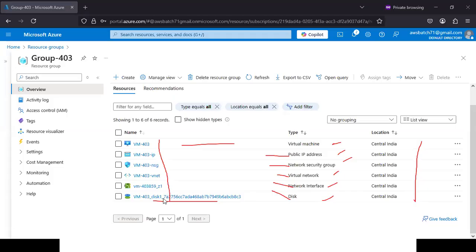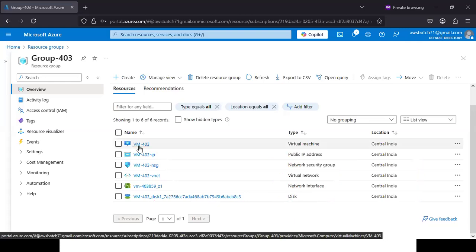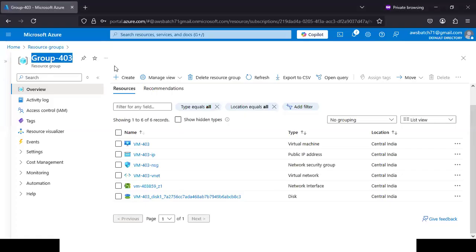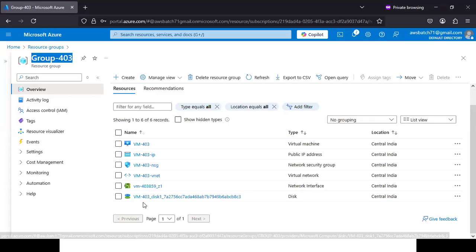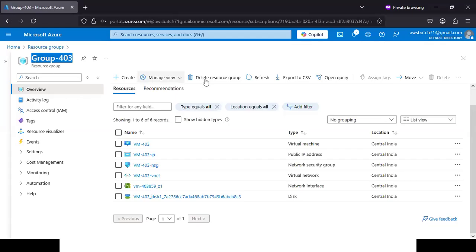There are two options to delete everything. One option is you can go to one specific resource and delete. That's one option. The second option is you can delete this resource group. If you delete this resource group, whatever you have created under it, everything is going to be deleted, which is easier for you when you're doing practice. So open your resource group and click on delete resource group